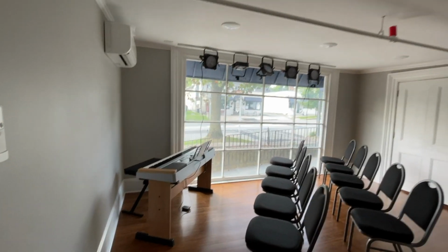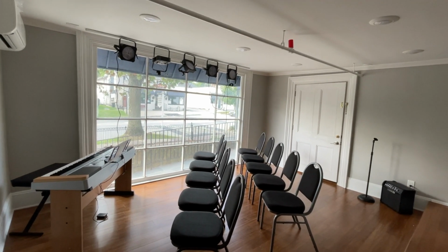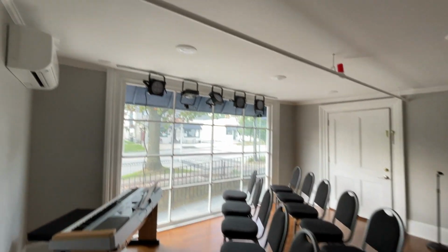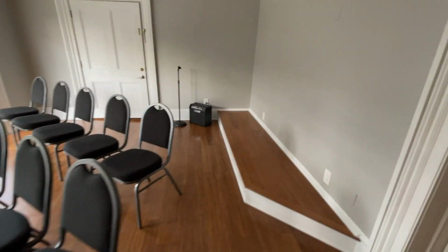So this is like a music room / private studio if you need it, but really it's starting to feel like this would just be for group music. I love the lights that we have up here. Oh yeah, that's cool. That'll be fun. And this is going to be